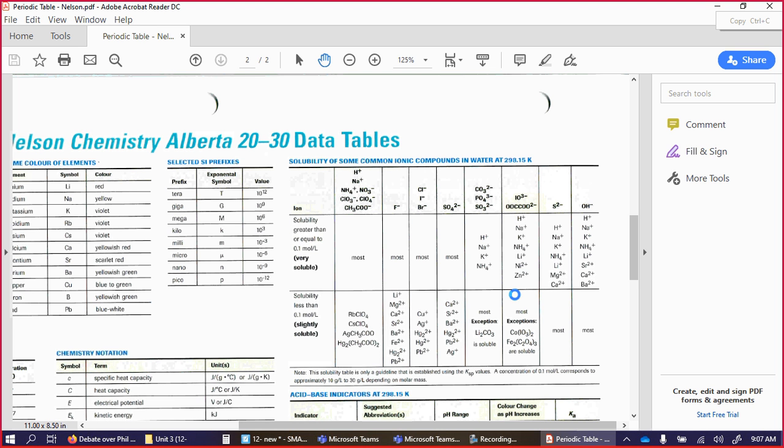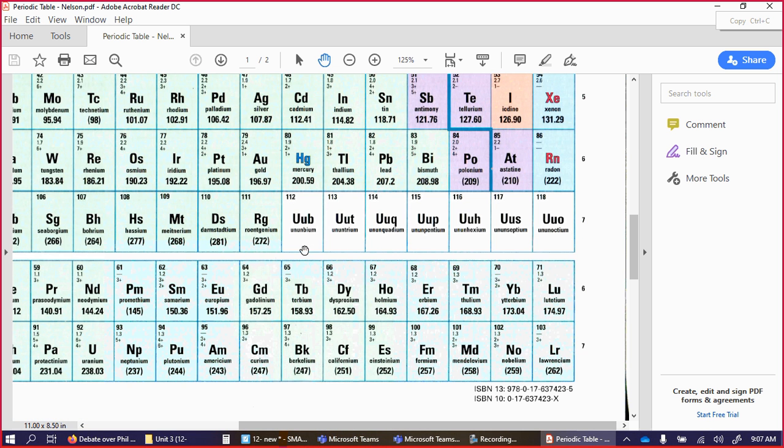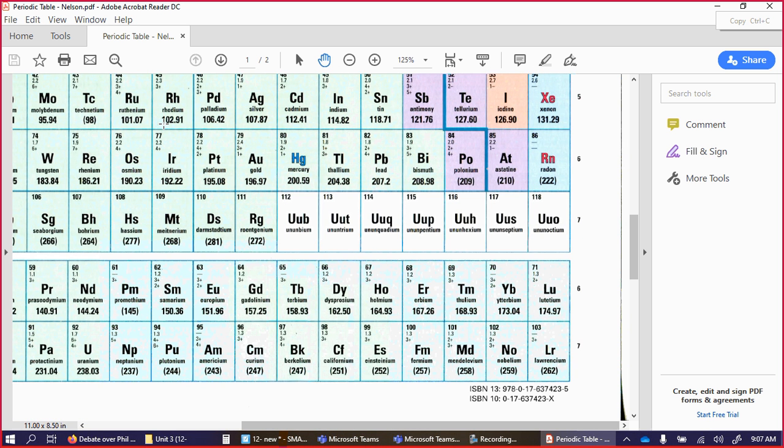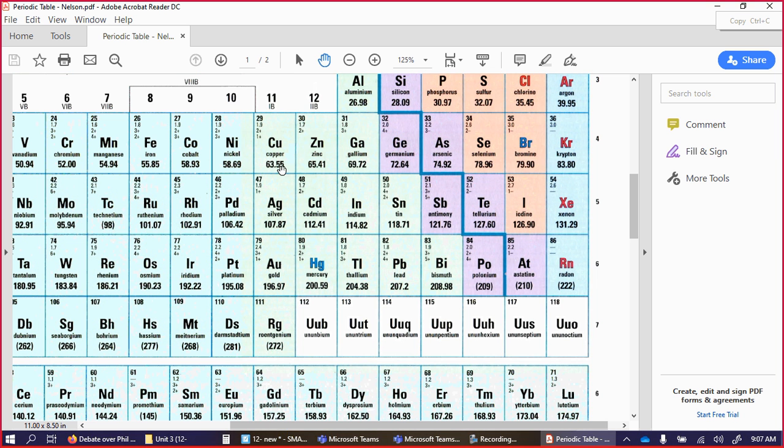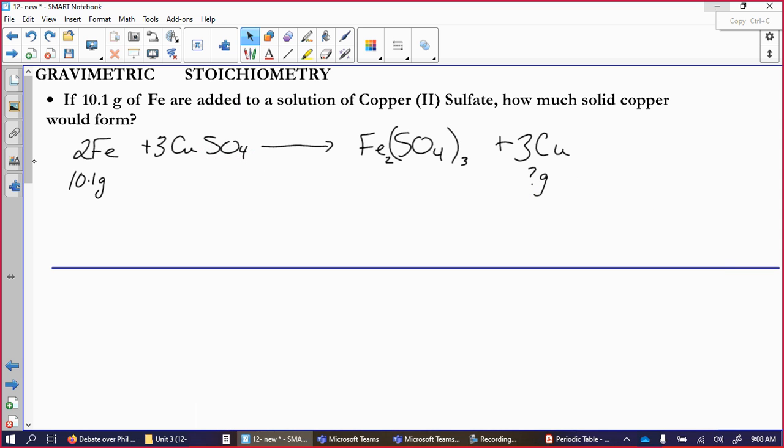Once that blue circle of annoyance goes away. Like today, please. Oh, there we go. Oh, almost. Copper is 63.55, iron is 55.85. So if you write your molar masses down to start,